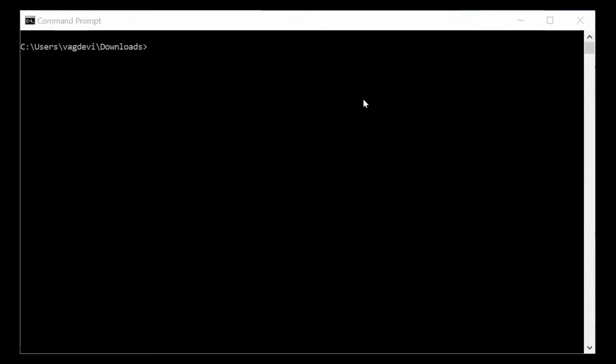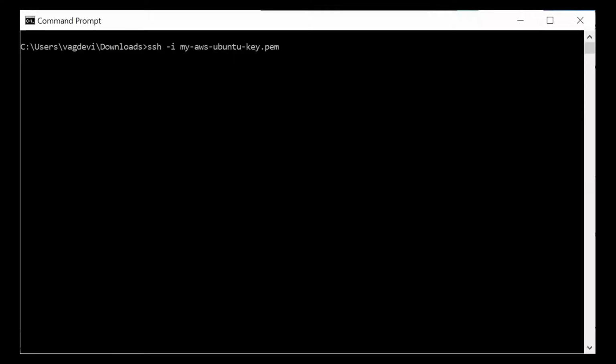Now that we know how to connect to a remote Ubuntu instance on cloud from our local machine, let us connect to that again. So the command is ssh -i and the private key which we need to access that. The private key file which I have downloaded is my AWS Ubuntu key, right?